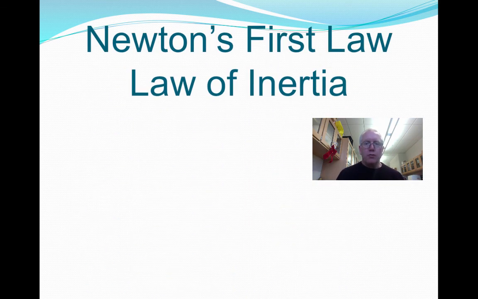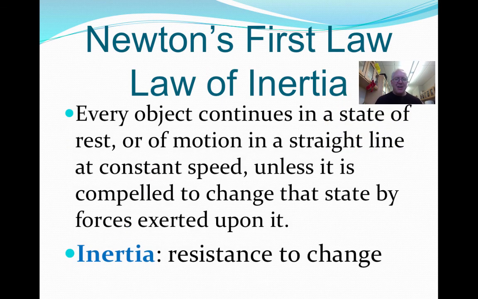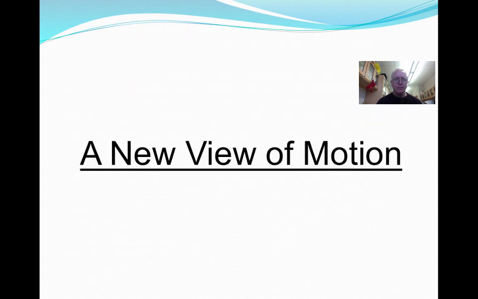Okay, so Newton's first law of inertia, well, here's a bunch of words that could describe it here, but the main idea is that an object is going to continue doing what it's doing unless we try to add a force to make it change what it's doing. So the word inertia means a resistance to change, and the idea here is that an object will move in a straight line at a constant speed until something makes it stop doing that. And if an object is not moving, it'll continue not moving until something makes it move, and that's where the forces come in. So that's the idea of the law of inertia.